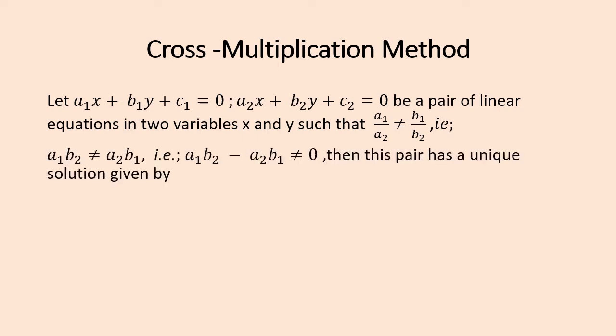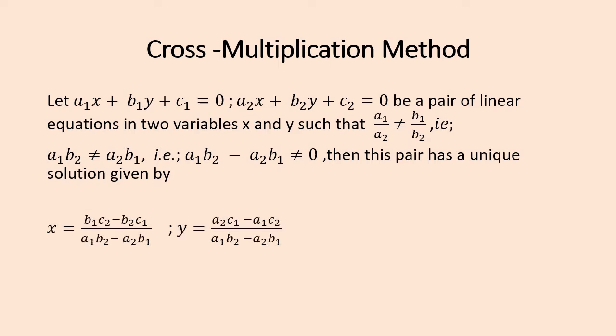That is, a1 b2 not equal to a2 b1, that is, doing the cross multiplication, a1 b2 minus a2 b1 not equal to 0, then this pair has a unique solution given by